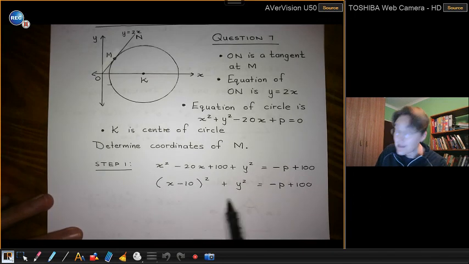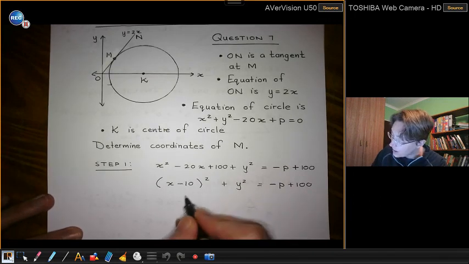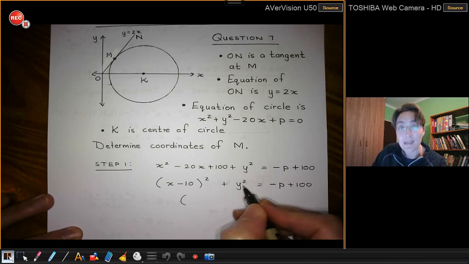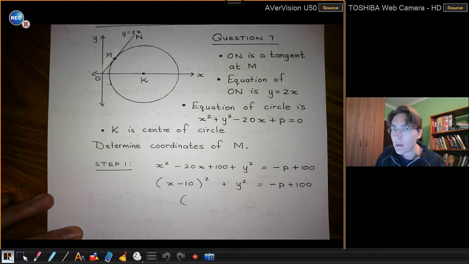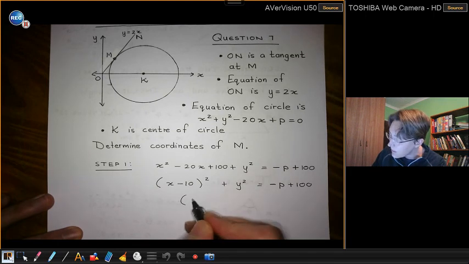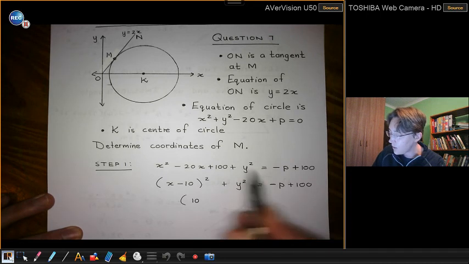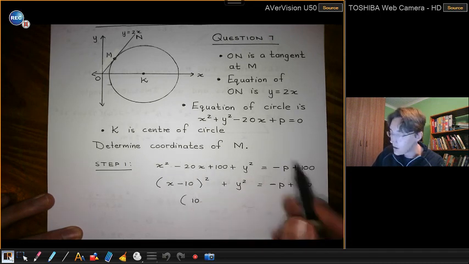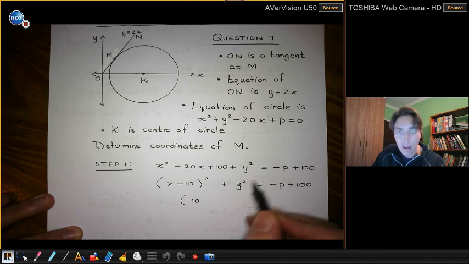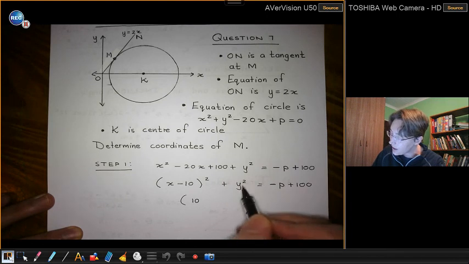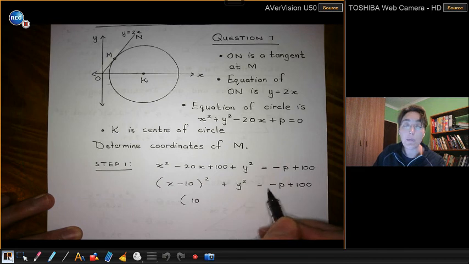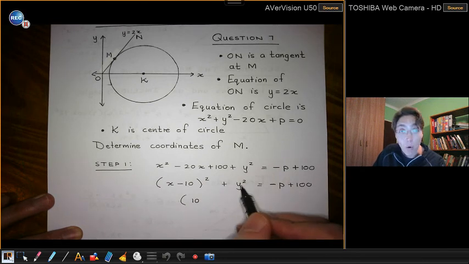Now this means the center of the circle there is the point (10, 0). Now we haven't had many examples like this, but please, people, remember, if there is no y value, like in this case with the x value, so there's no coefficient next to it, you need to understand that that just means you've got (y + 0) squared. And because you've got y plus 0 or y minus 0,